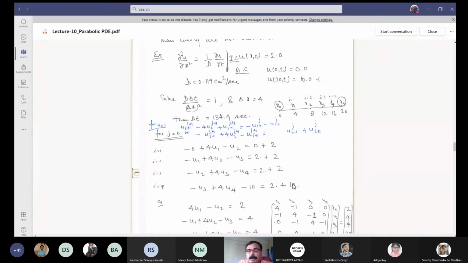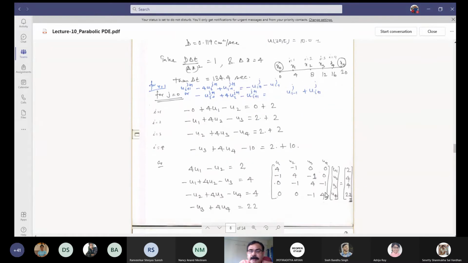Then you will get a tridiagonal system of this type. Right hand side is changed now. Here on top, the first one on the right hand side will be 1. The last one will be 18. 10, 6 plus 2 is 8, plus 10 is 18. So make this correction. In the vector b on the right hand side, of A u equal to b, the first component is 1. The last component is your 18, instead of 22.